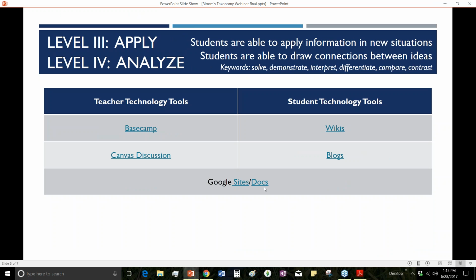The next two levels were applying and analyzing. If you remember, the first two levels are very heavy on what the teacher gives to the students. Now we have a little more of a give and take here. The teacher is giving stuff to students, and then the students are taking it the next step. So they are applying and analyzing here. What the teacher can use to help organize them,